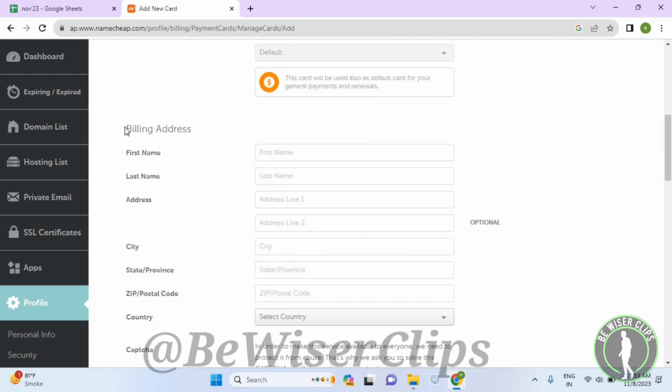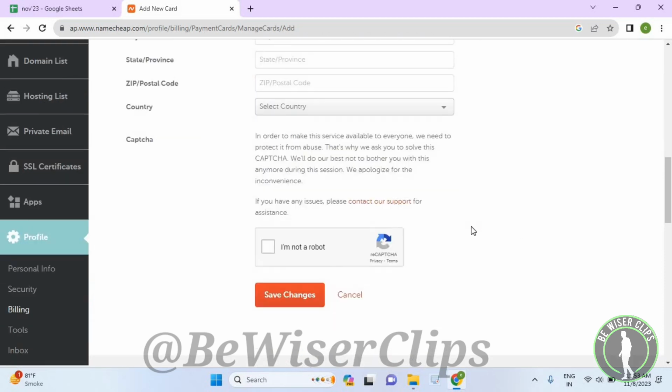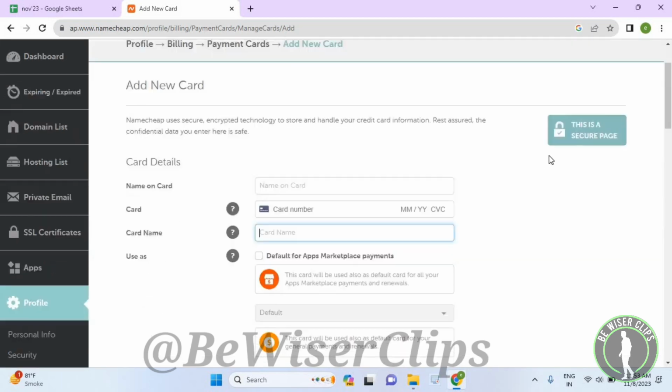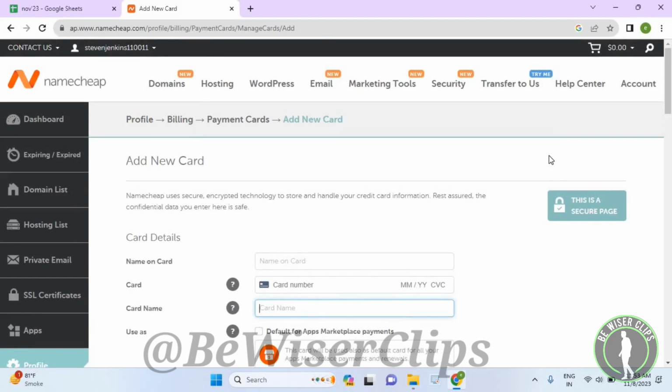scroll down and you can also fill up this billing address details, which is also optional, so it all depends on you. And after filling all of these details which are mentioned above, you just need to select on this button right here and then select on save changes, and that's how you guys can successfully add your credit card